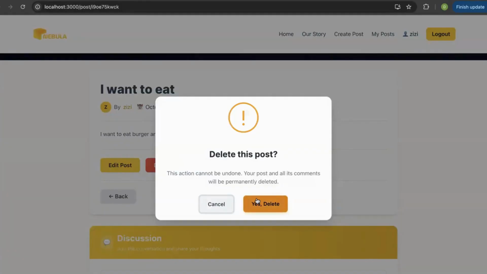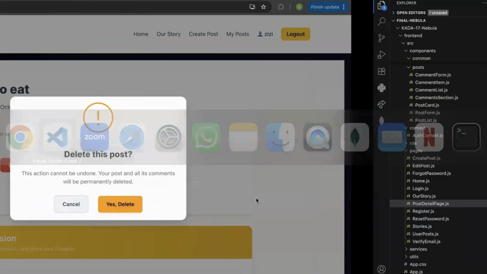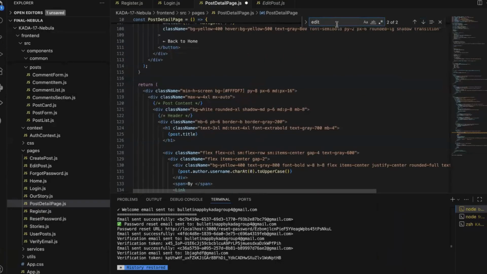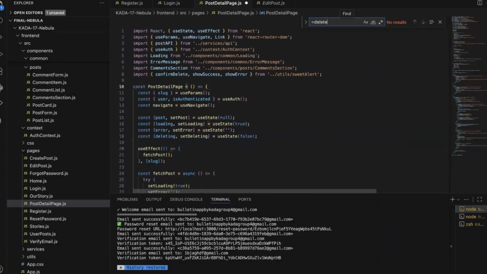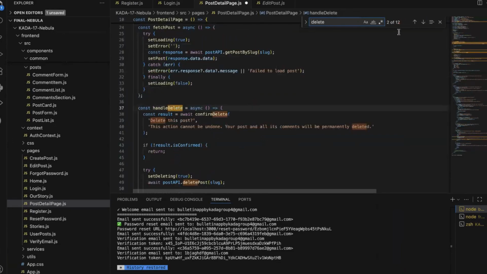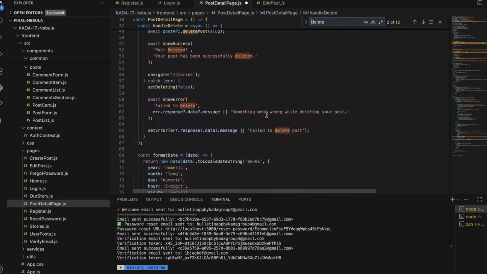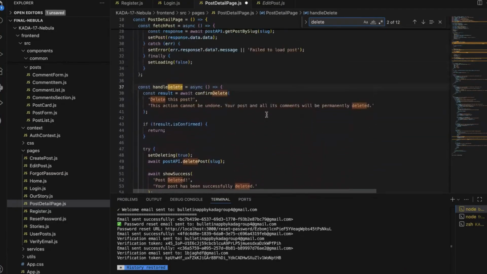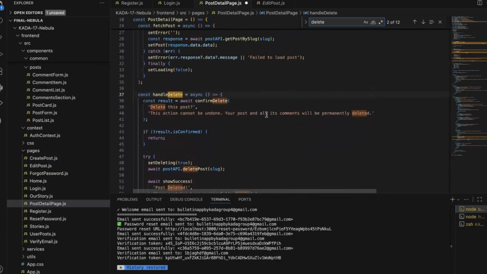But before that, we're going to go back to the code and search for delete. There's a handler that fetches our action, whether we want to delete it or not. First, as we saw before, there's a pop-up which asks whether we want to delete this post.